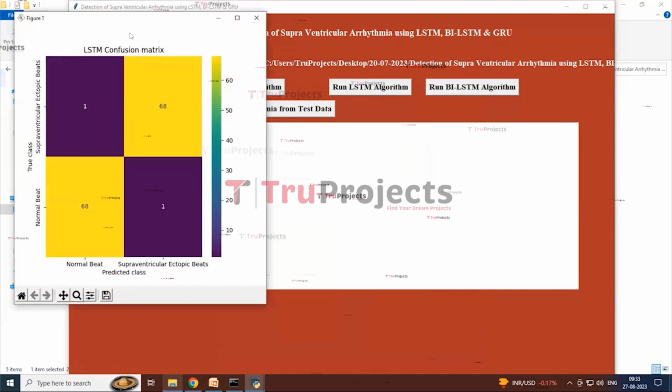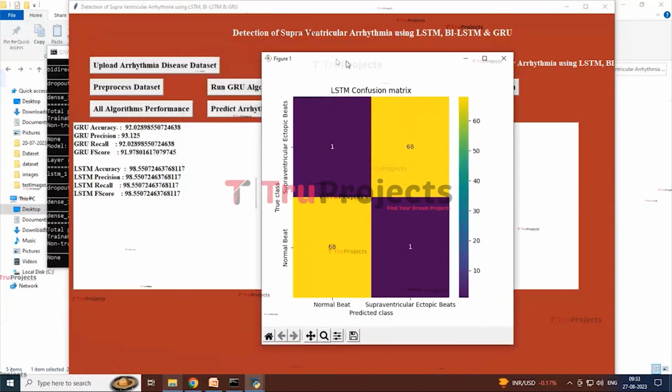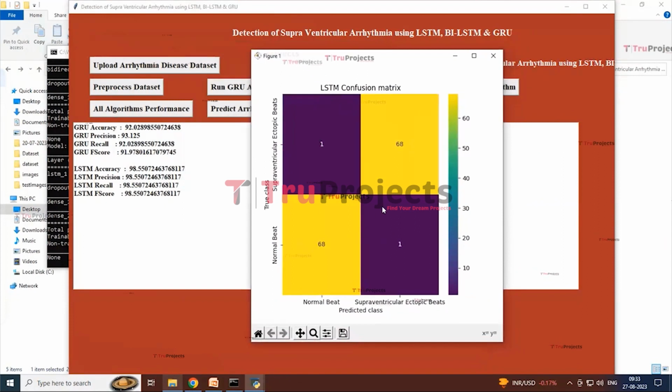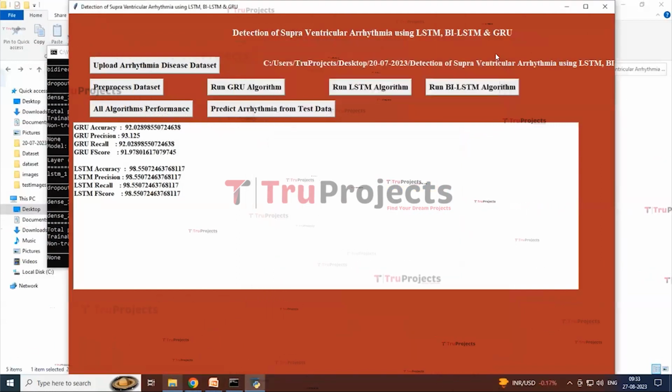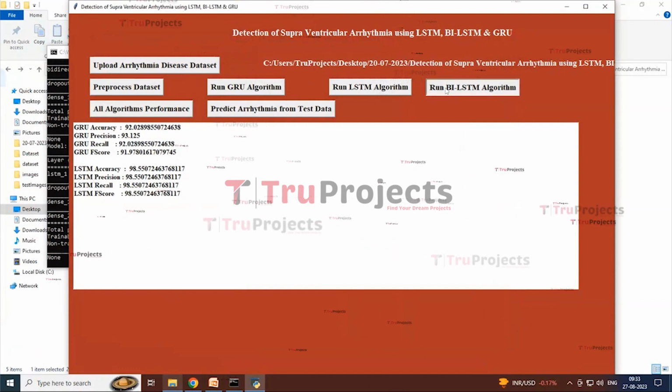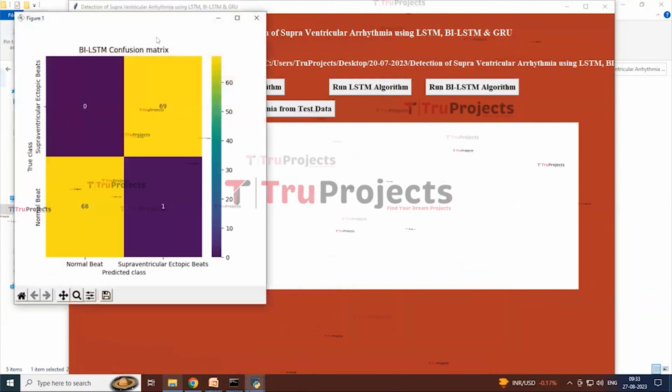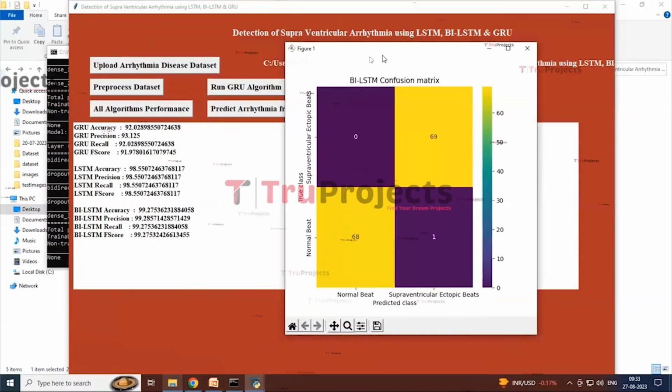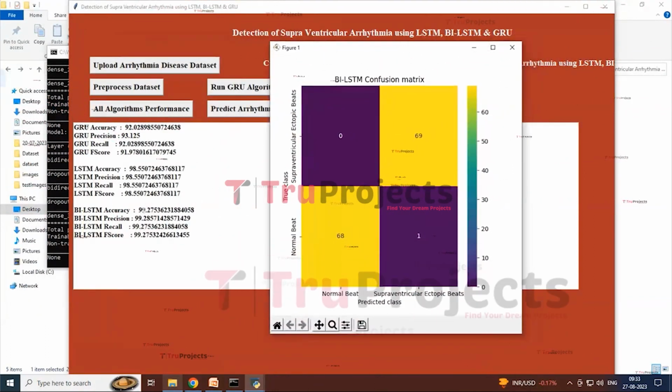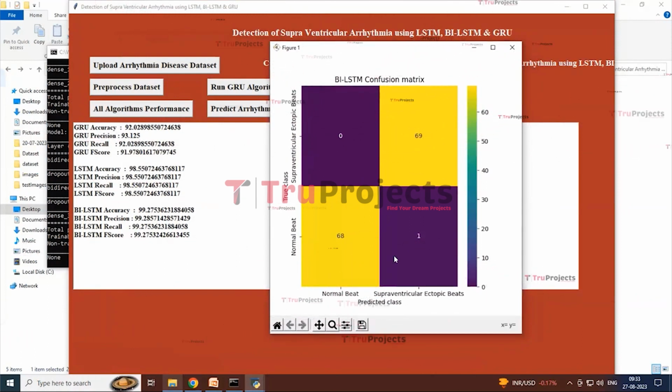So here on this screen we can see LSTM we got here 92% accuracy, and in confusion matrix graph we can see total correct and incorrect prediction made by LSTM. All yellow or green boxes are correct prediction and blue boxes are wrong prediction. And now closing this graph, now click on run BI LSTM algorithm button to train BI LSTM for getting the output. So here again you can see that BI LSTM we got 98% accuracy, and in confusion matrix graph also we can see more number of correct predictions and less number of incorrect predictions compared to other algorithms. So now closing this graph,